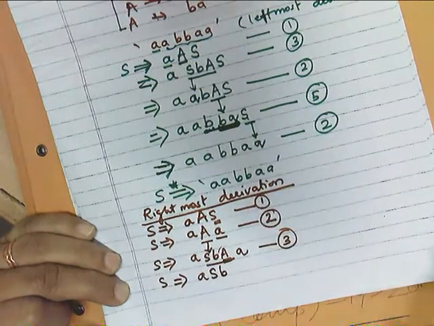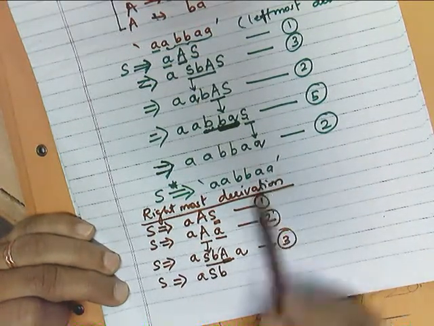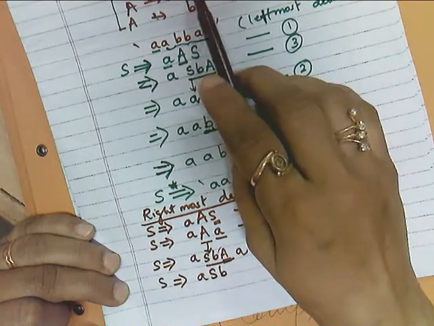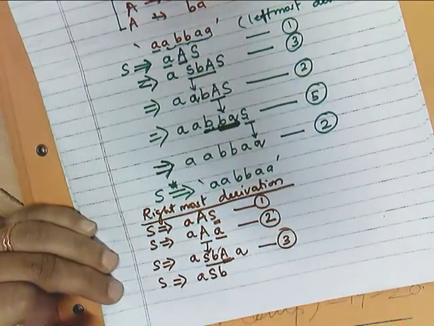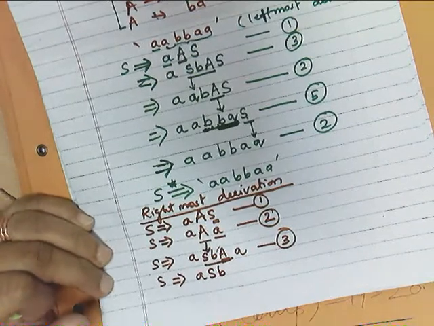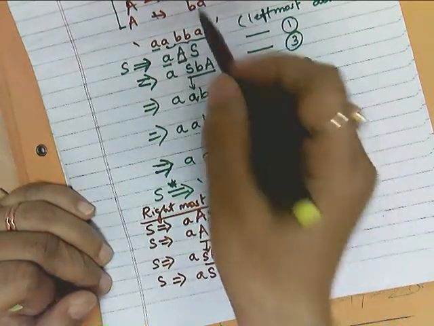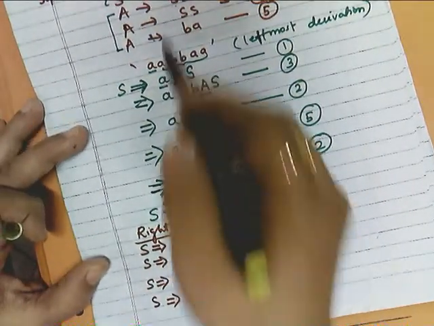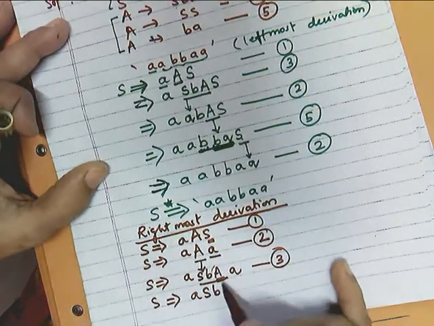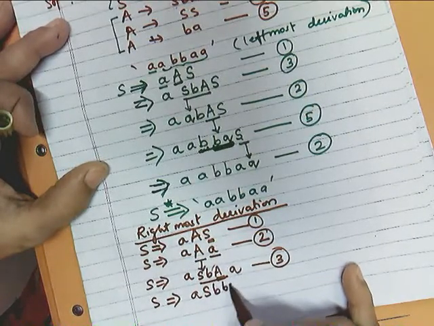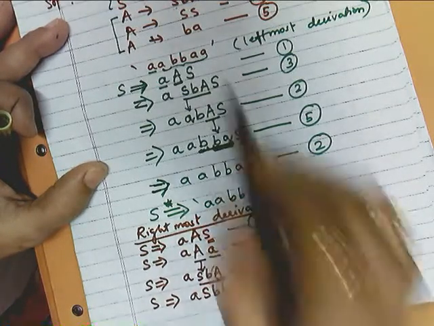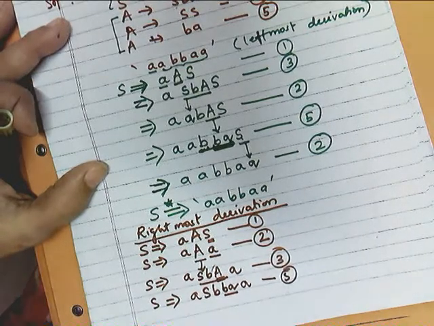So again which rule will we use, so that we will get A again on the rightmost side? From this we will have to use which rule for the replacement? We are getting BA at the end, right? So we will use again which rule? Rule 5. So A will be written as BA and this A. So which rule have we used? We have used the 5th rule, right?